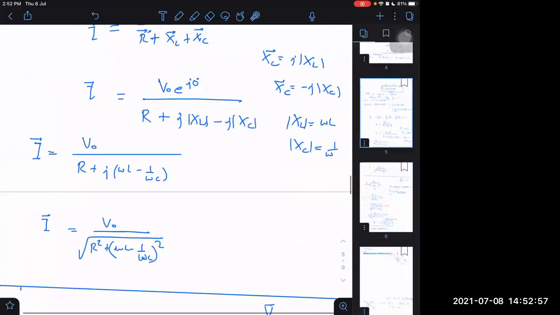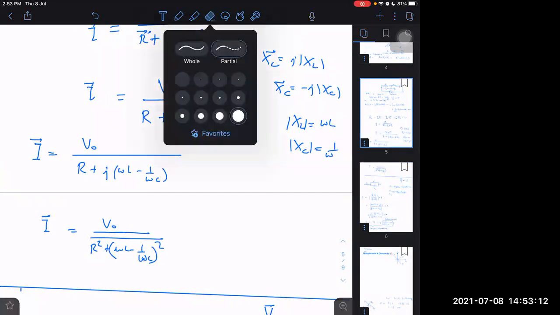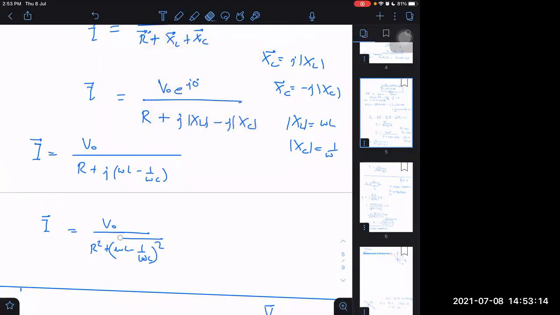I wanted to find out the current. Have I already got the current or not? I think not yet. This is not right. This is not equal to this. What I should have done here, I should have taken, oh sorry, rationalizing. If we rationalize a complex number, 1 upon a plus iota b can be written as 1 upon a square plus b square into a minus iota b. You know that or not? Okay. Yes. We will do that only.